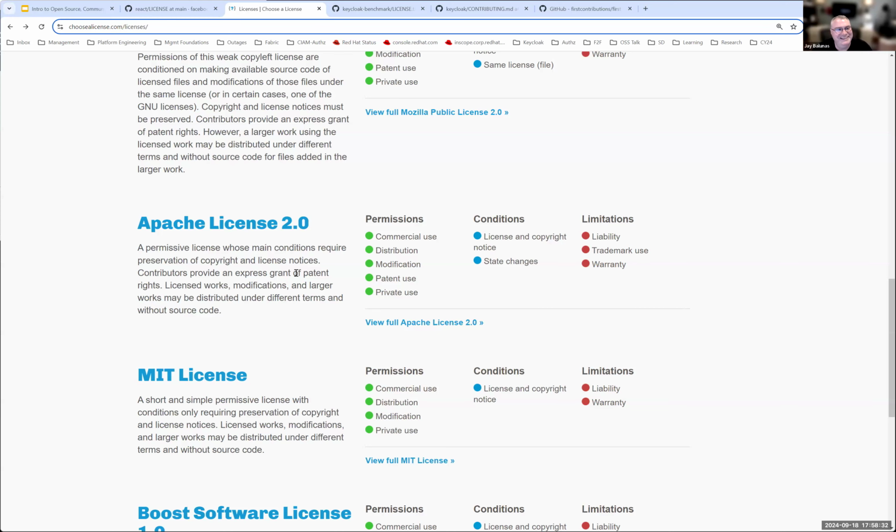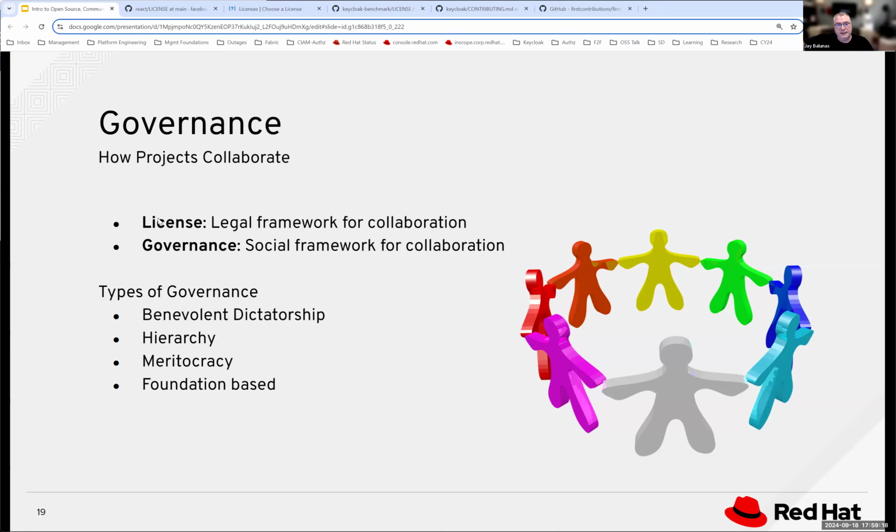It sounds horrible, but let's say, Terry, you created an open source project and you said, hey, this is my project. It does these cool things. And people started contributing. By default, that's kind of a benevolent dictator. You're the owner of the repo, so you can choose what PRs get accepted and things like that. Maybe you get a contributor that you give additional rights to. There's other types: hierarchy, meritocracy, foundation based. We'll touch on foundations next. It's all to say that there are different ways that projects are governed, and we'll get into a little more of that, but more about contributing.